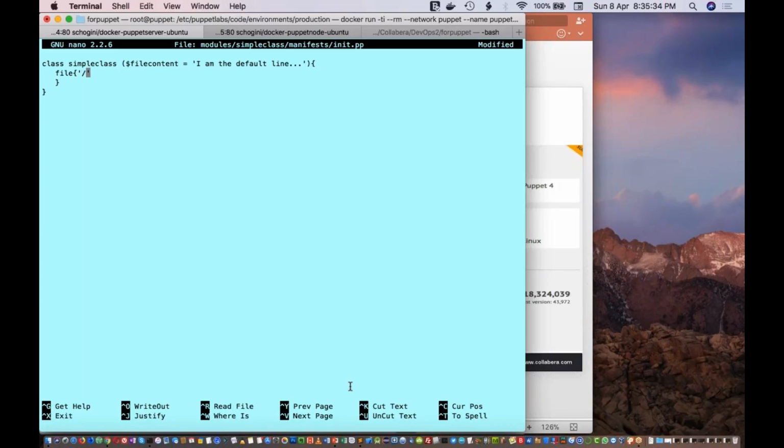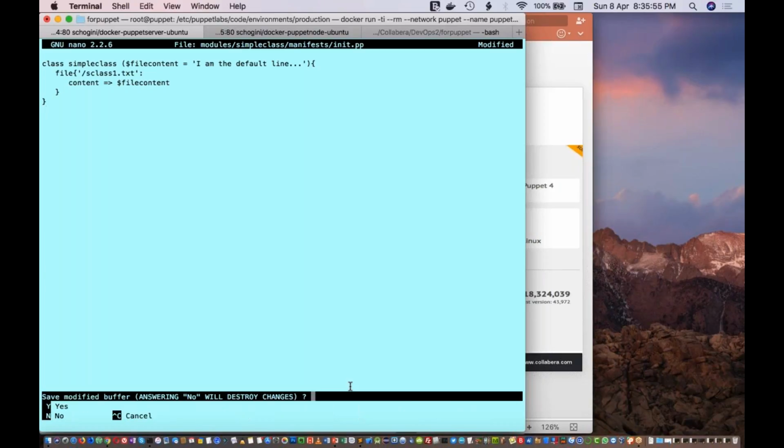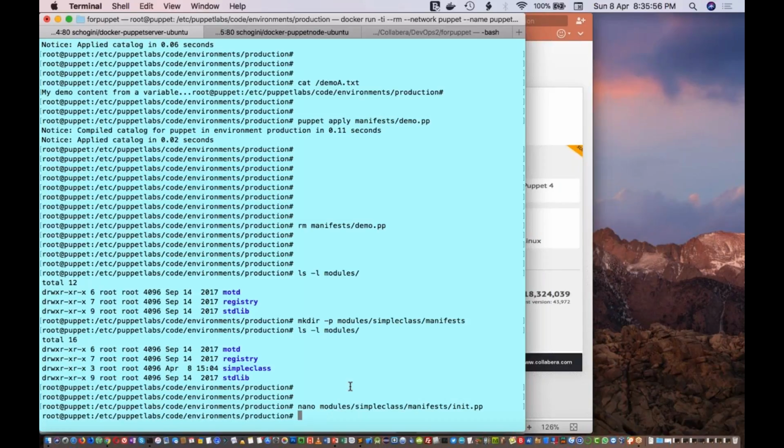I'm going to use the name class1.txt. Then I'm using the content, so the content of that file should come from the variable that we are passing, file content. This variable should have the content of that particular file. Now I have created the thing.